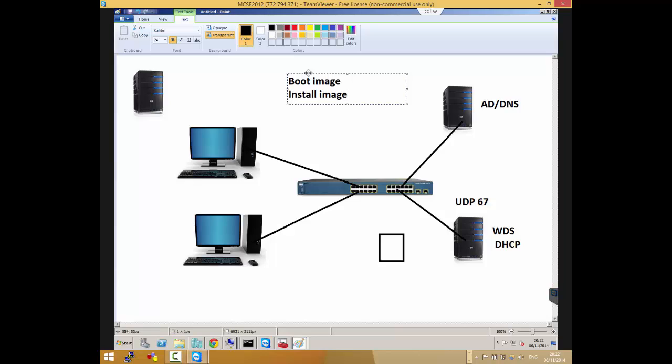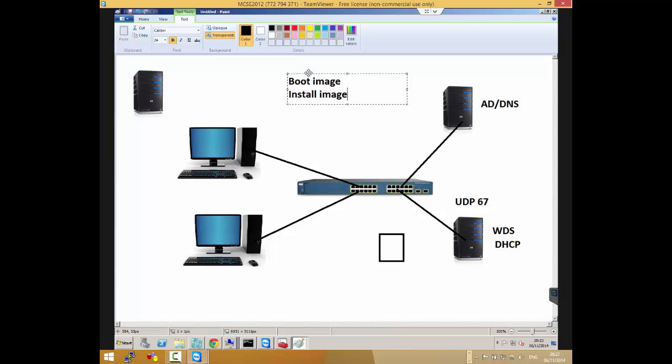The boot image is in fact something like the Windows PE, where the client knows which OS it should pick, and then follows the install image, where it's just going to pull down the real OS to be installed on the PC. So my point here is that the boot image is just something like starting up the process, where the client will need to pull down something, and this something equals the install image that is being pulled by the process.